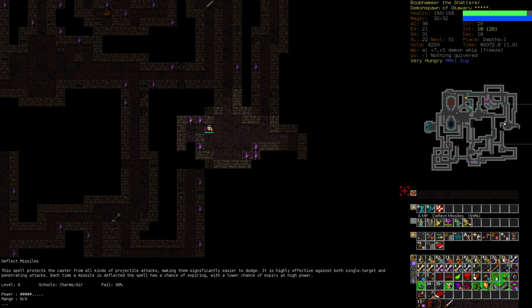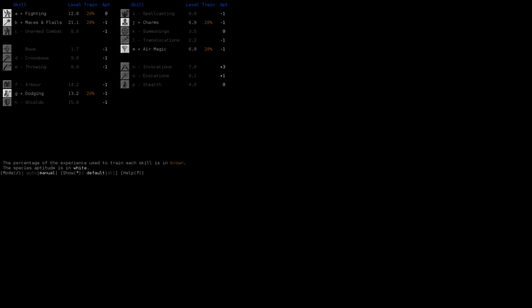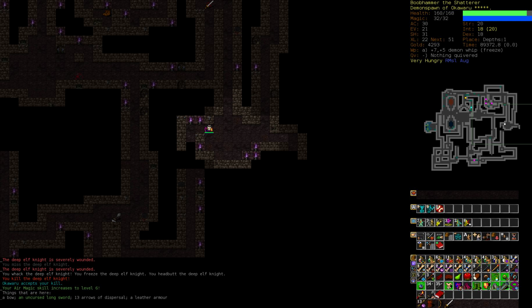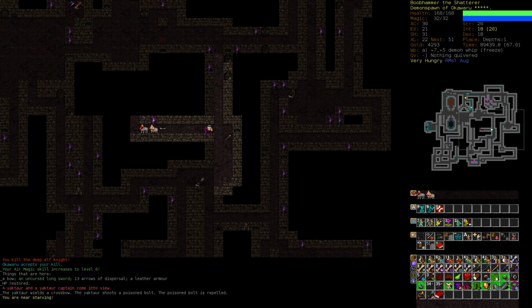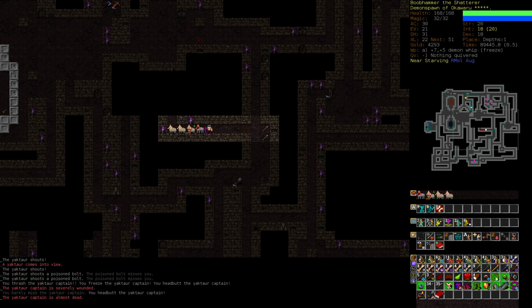How's this coming? 99% still. Bleh. I kind of want to turn air magic off for a little bit and put some points into spellcasting. Leave charms on. I want to be able to cast haste so that we don't have to either rely on our...